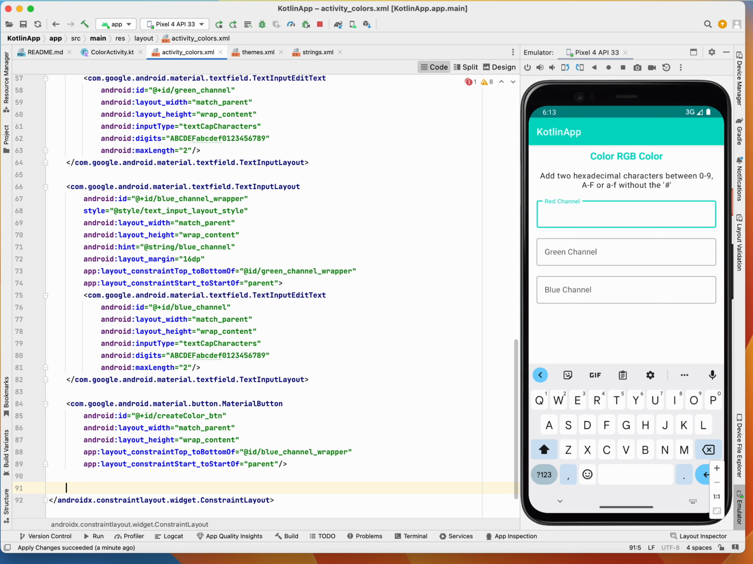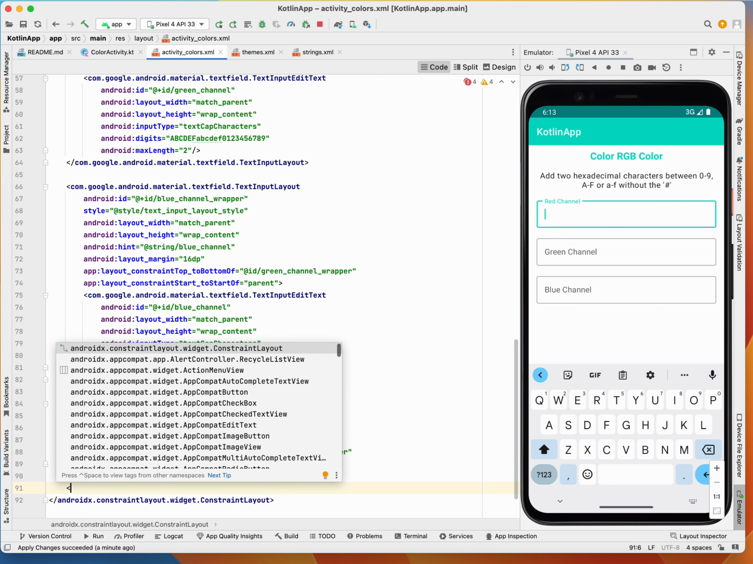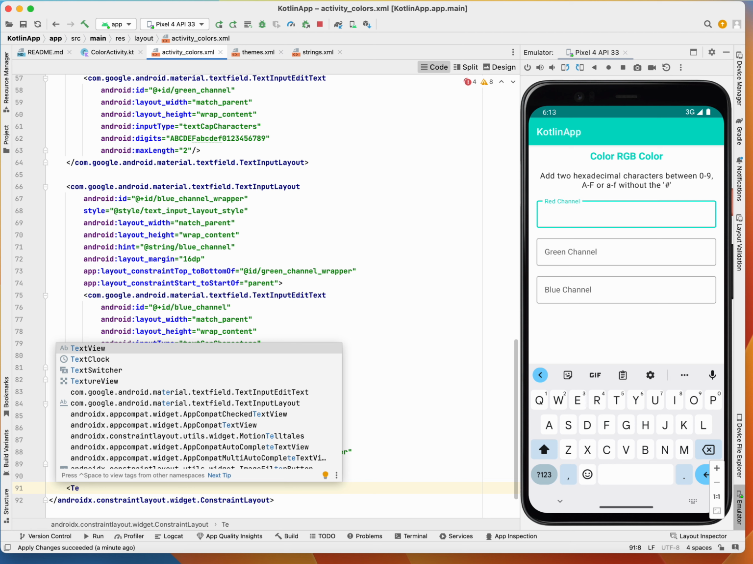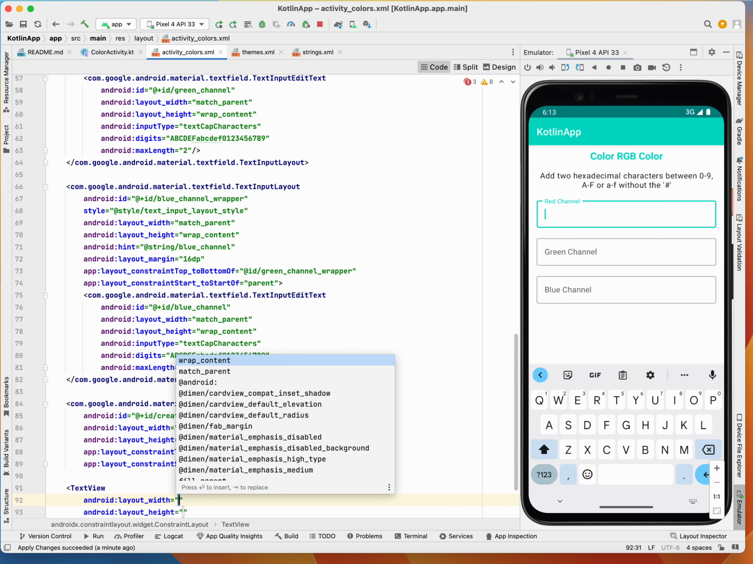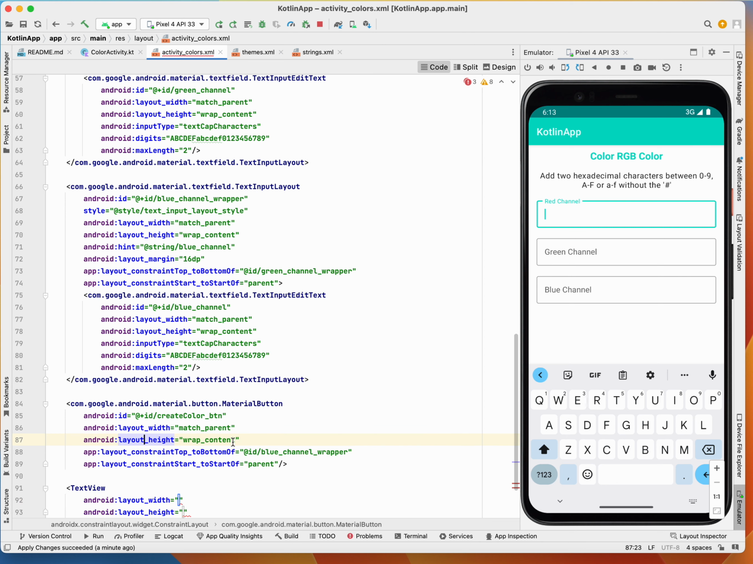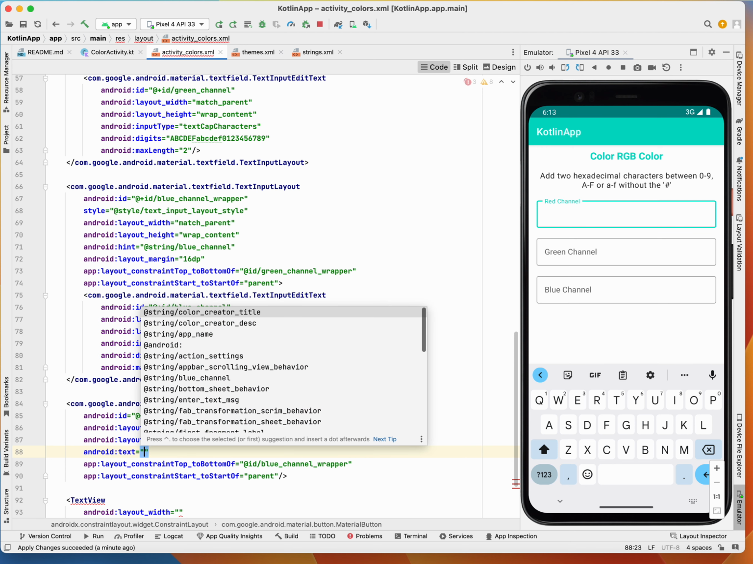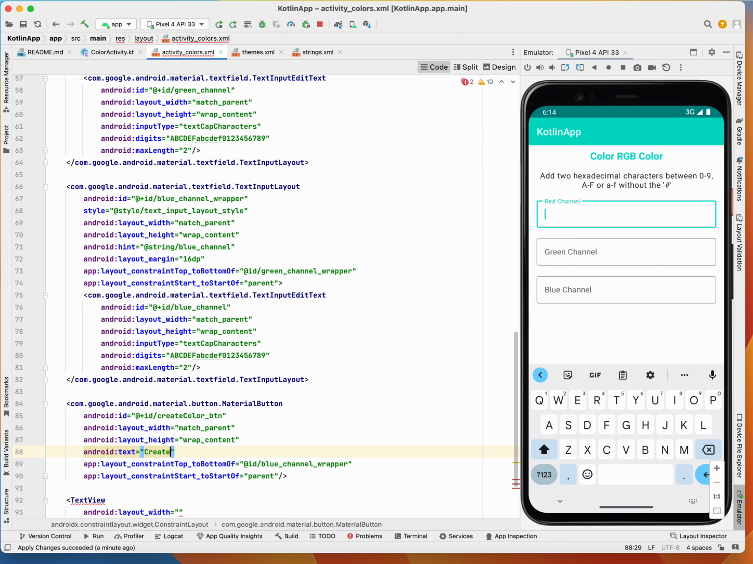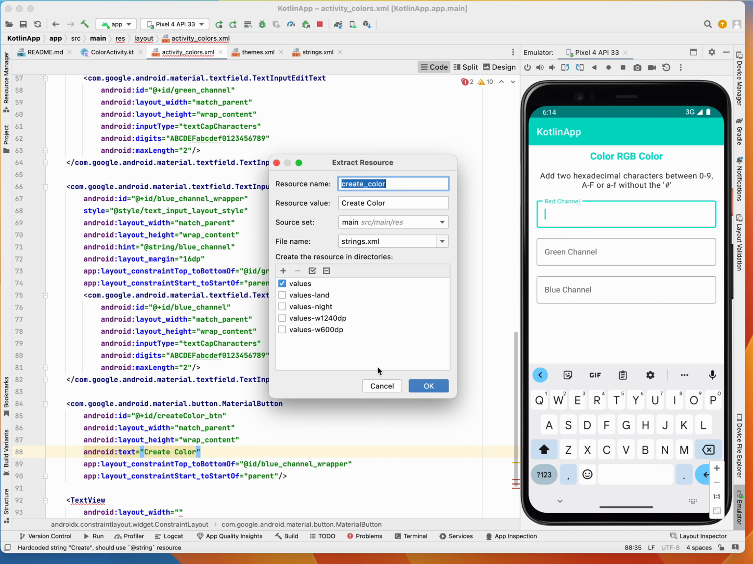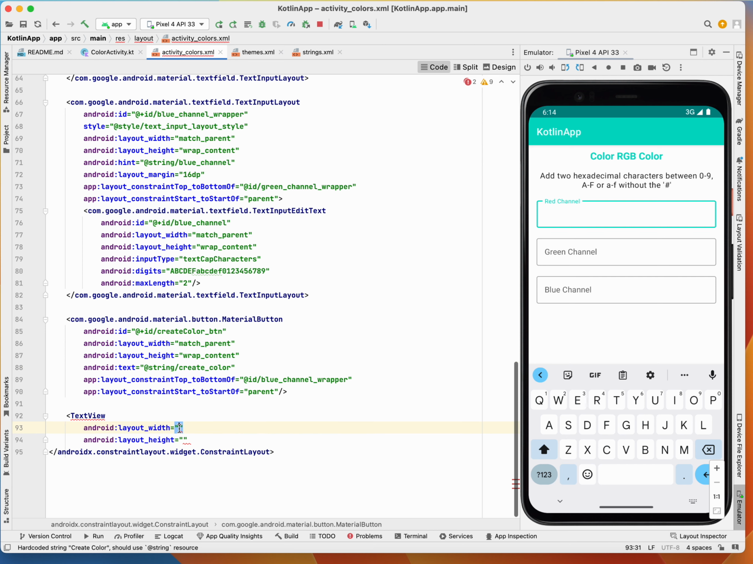And finally we have to display the color what we have generated, right? After we input, we create the color and we generate the color. So what we have to do is what does it creates the color. So let me write the text is create color. Okay, extract a string. Okay, create color, and match parent, wrap content,